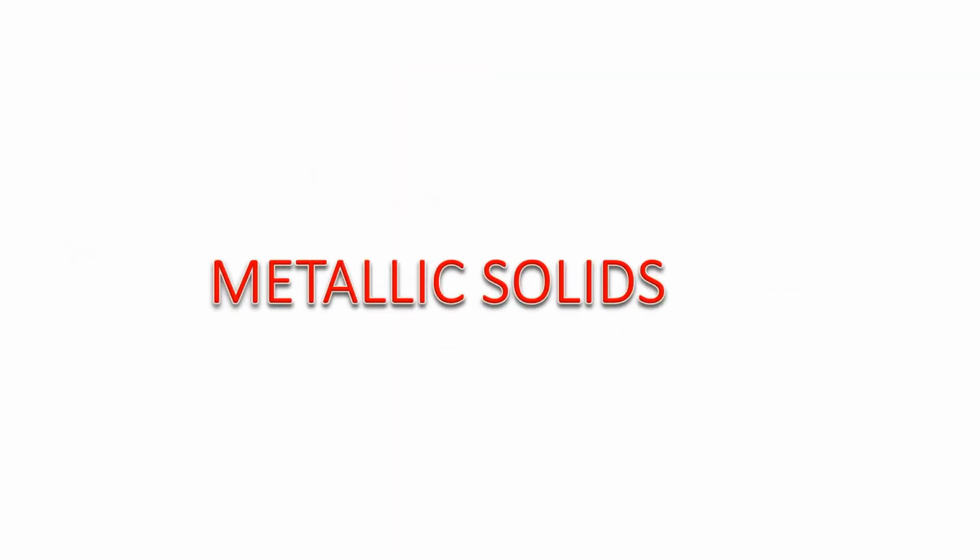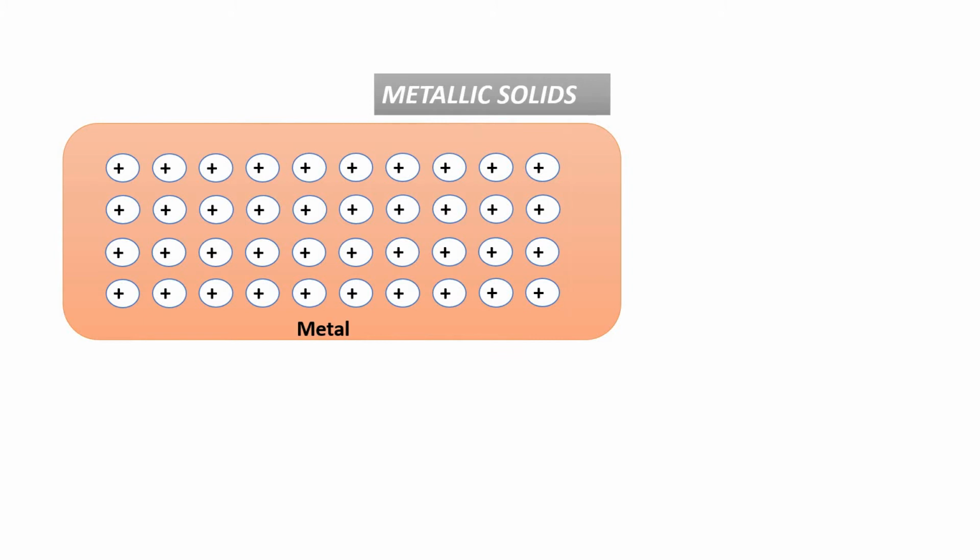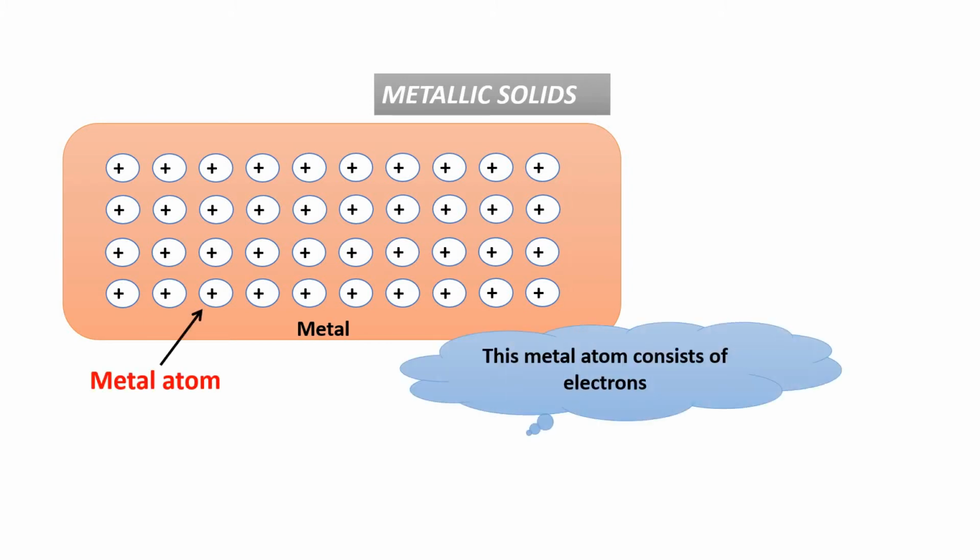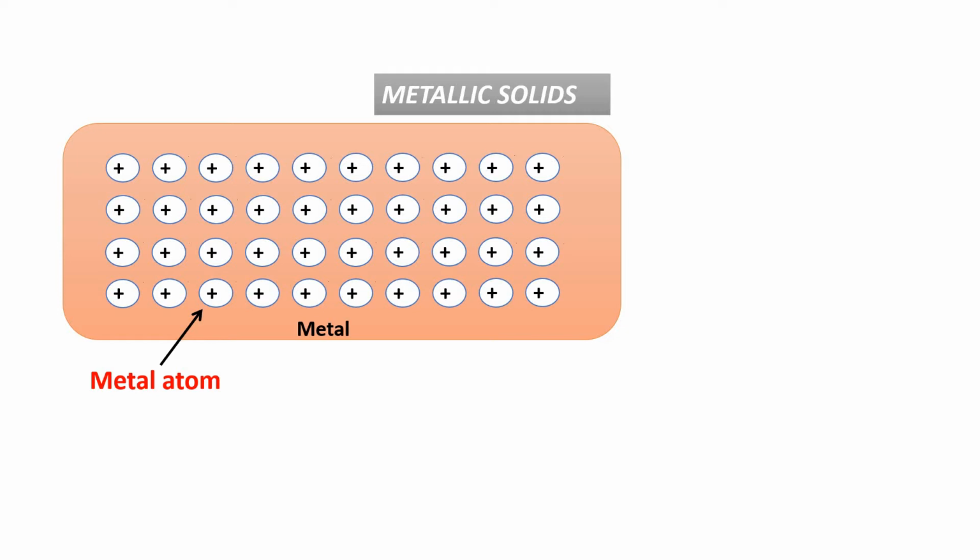Next, metallic solids. The next type of solids are called metallic solids. Now, how do they form? I have taken a metal. The positive charges you are observing are actually metal ions, which we can call metal kernels. A kernel is the charge of the nucleus. Around this, free electrons will be there, and these electrons can move very easily.